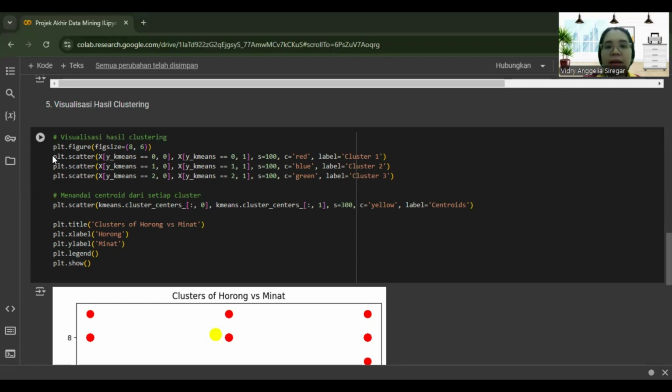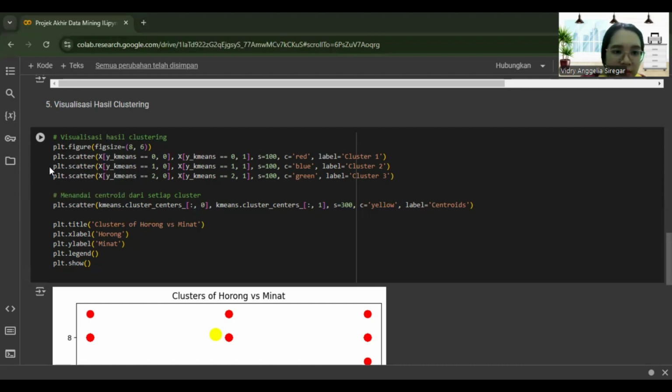The data displayed is the data with y_kmeans equal to 0, which means the data is classified in the first cluster. The points are colored red, size 100, and labeled cluster 1.